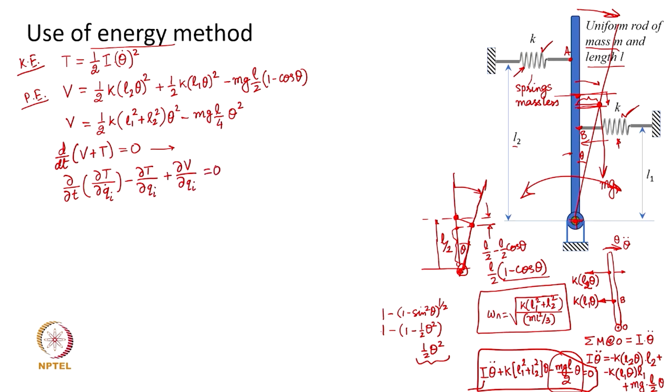In this equation, q_i is basically the generalized coordinate. In our case this generalized coordinate is theta, and therefore, this equation would read d/dt of dou T over dou theta dot minus dou T over dou theta plus dou V by